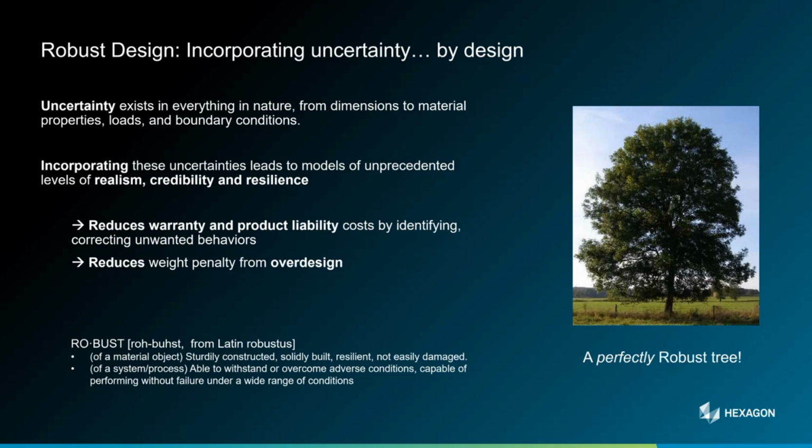So part of your input is the uncertainty, right? And then you get a result that takes into account how uncertain your result is. It just quantifies it, right? So it's uncertainty quantification. You're doing this for realism, for credibility, for resilience. You want to reduce warranty costs and avoid having to correct unwanted behavior down the line. But you also want to avoid over-designing, right? You say, I'm going to put a factor of 10 here, a factor of 12 there, and so on and so forth, and by the end of it, you have a very robust structure, but maybe too robust,